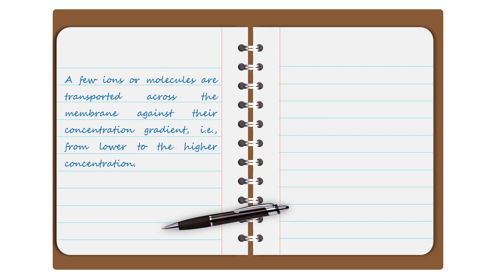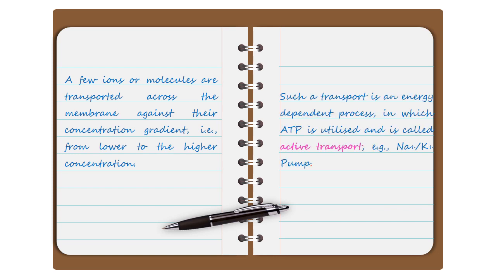So imagine inside the cell, there is a low concentration of sodium ions compared to outside the cell. But still, I don't want that particular concentration of sodium ions inside my cell. I have to send some sodium ions out of the cell. So this is lower concentration to higher concentration transport, right? For this transport, I need ATP utilization. By utilizing ATP molecules and that energy, I can send them out of my cell.